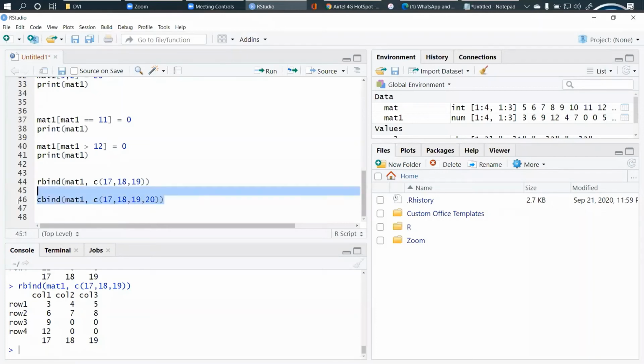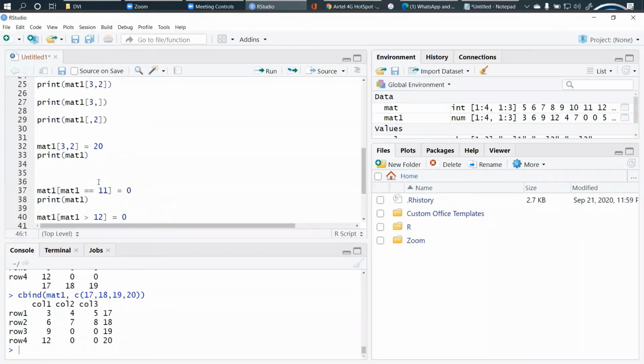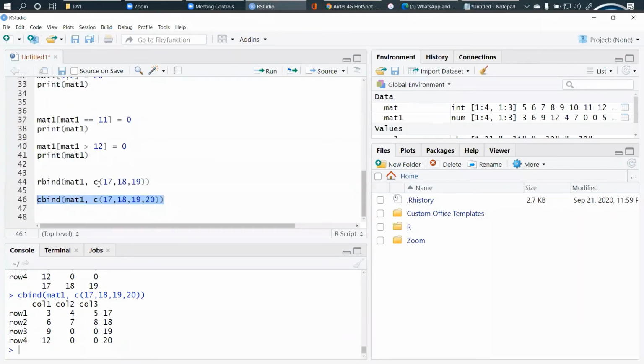And I'll execute it. See, I'm having column 4, 17, 18, 19, 20. Right? Now names are not defined here because initially we have given only 4 row names and 3 column names, right? So if I want to add, I can again go for dimnames and define the 4th column and 5th row.